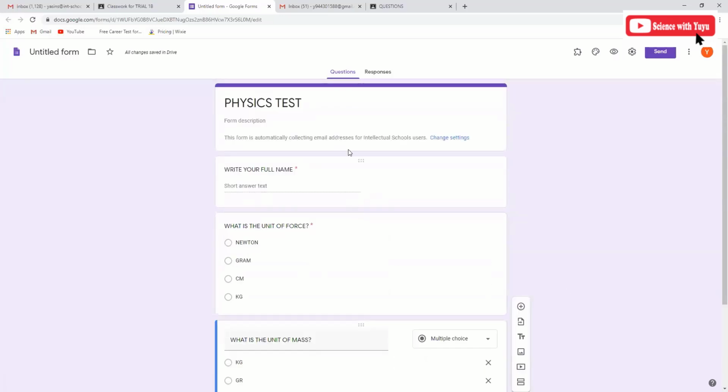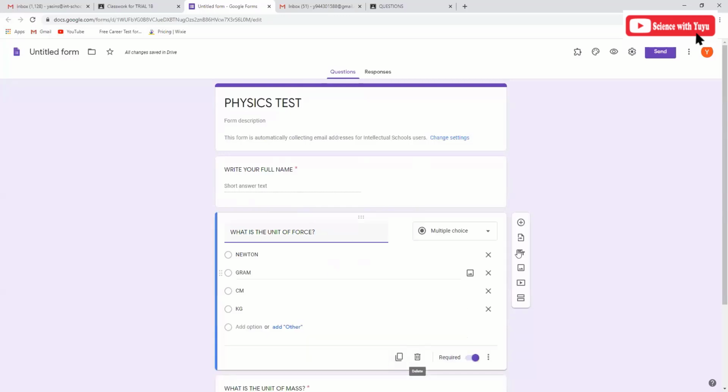I wanted this to be evaluated automatically. When the students receive this exam, I want it to be reviewed automatically. So I have to put in the marking scheme or the answer key as well. So I will just click on the question and then click